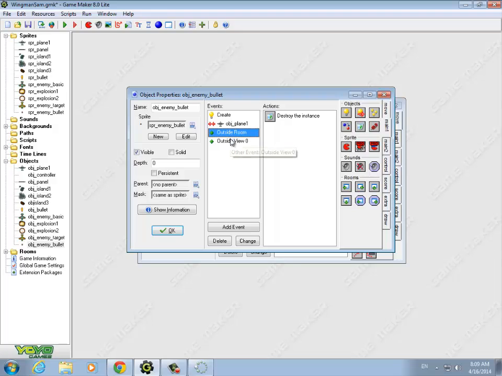I guess we don't need this one, but I'm going to leave that one there just for now. At least we'll get some of the bullets to destroy themselves. Because GameMaker keeps tracking the bullet, even though you're never going to see it again, it still has to update its position, and it slows down the game. So